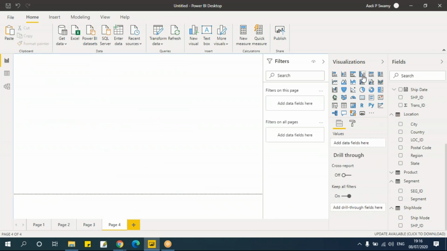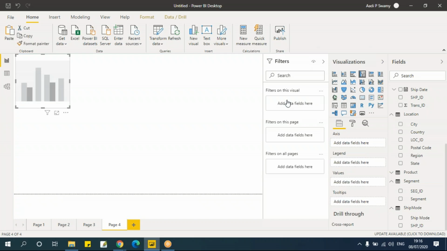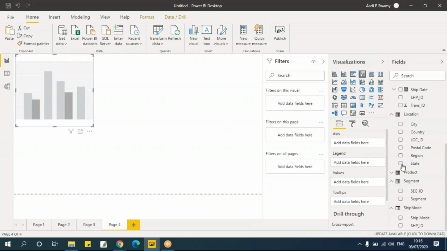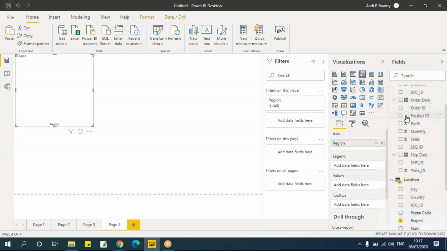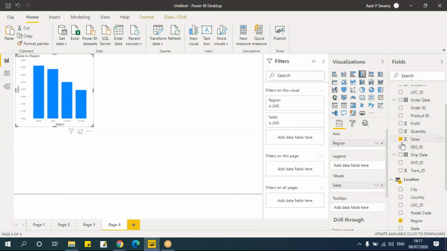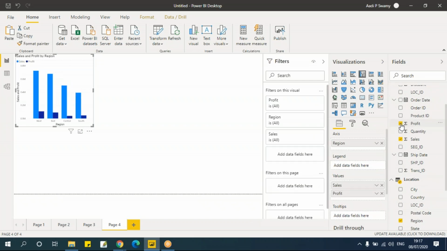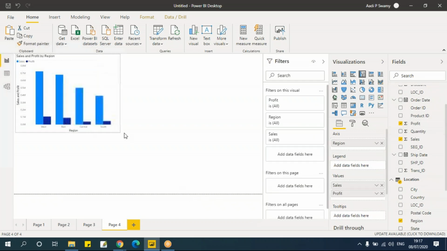Let's go and try one more, this clustered column chart. I'll take this region again. Let me take this sales. With this sales, I'll also take profit. Now if you see this, this time I have not taken a legend, I've just taken the values. Now when I actually compare between two values, then I can use these values here. Like if you go to this first chart,